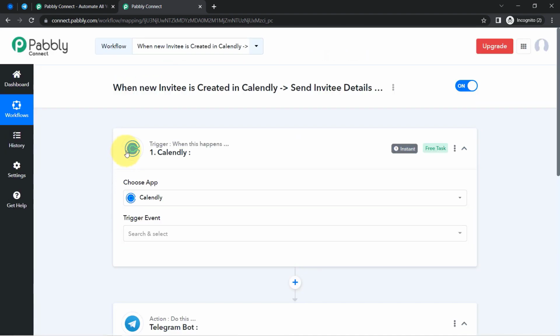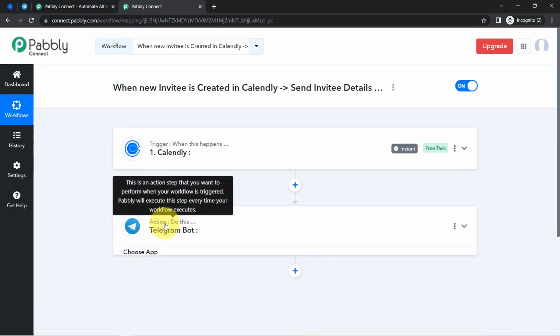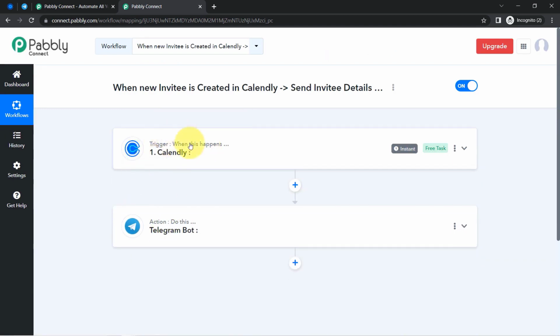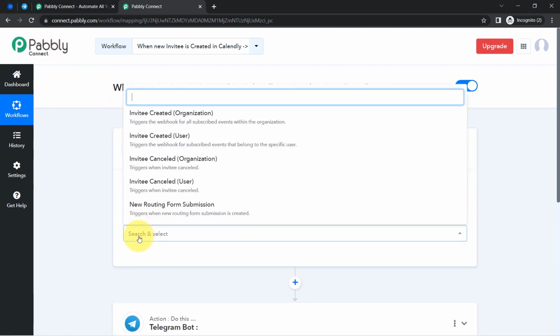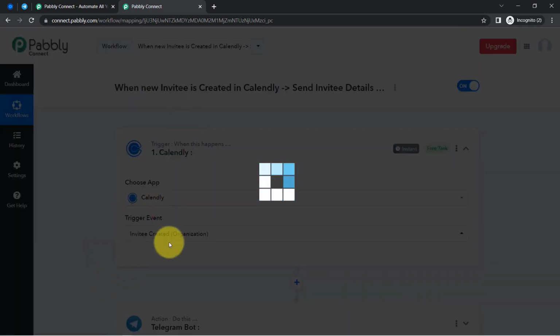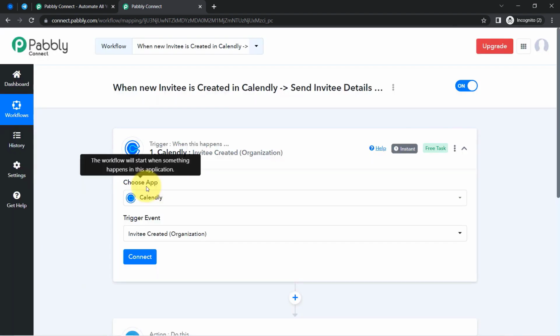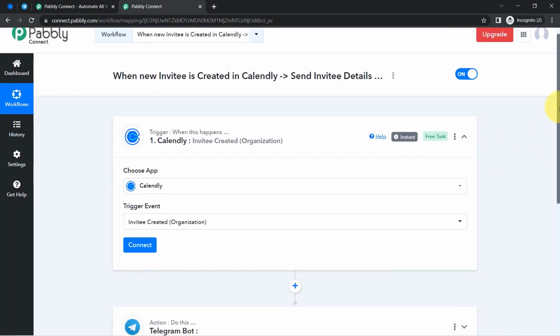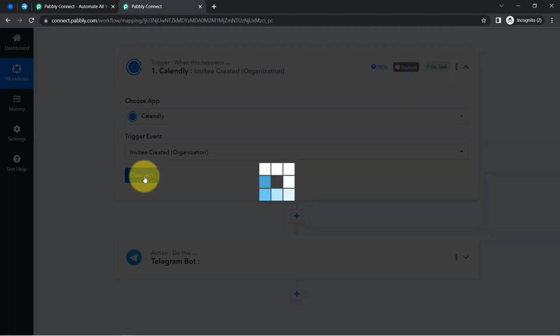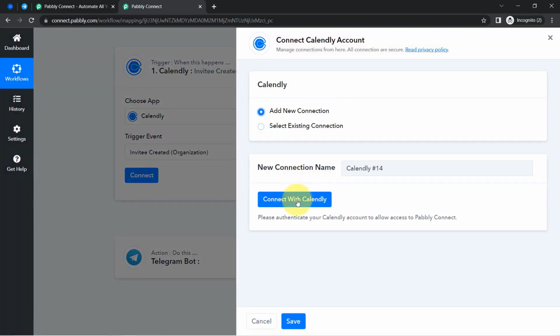And once you have selected both the applications, now the idea here is I'm going to connect these two applications with the Pabbly Connect one by one. So firstly I will select the trigger event, that is new invitee, basically invitee is created. So basically I want whenever a new invitee is created into the Calendly, this automation should trigger. Now I'm going to click on this connect button, then clicking on add new connection, clicking on connect with the Calendly,